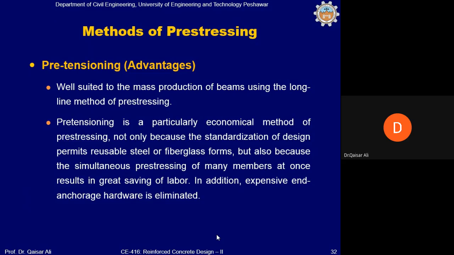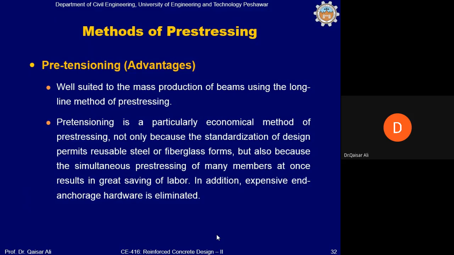लेकिन फैक्ट्री के लिए इसलिए मौजूद है कि फैक्ट्री में तो कोई बाहर का आदमी नहीं आता, फैक्ट्री के लोग होते हैं, उनको पता होता है। अगर जैक से आप उसको स्ट्रेच करेंगे और 10-12 दिनों तक स्ट्रेच पोजीशन में रहे और उसके बाद आप इसको काट दें तो कोई मसला नहीं है। लेकिन साइट में आप इतने अरसे तक इसको स्ट्रेच पोजीशन में नहीं रख सकते, इसी वजह से साइट में हम पोस्ट टेंशनिंग करते हैं।